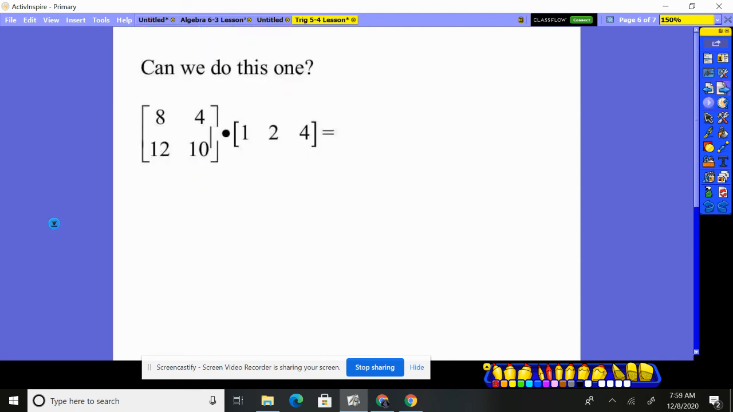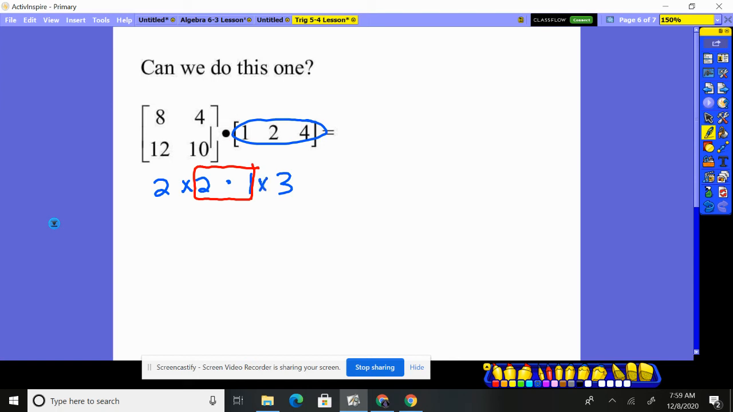Now, can we do this one? Well, if I try this one, notice what happens when I do first row times first column. What are you going to do? 8 times 1 plus 4 times, there's nothing there. That tells you that you can't multiply these. They will not multiply together. Now, here's an easy way to know. This first matrix is a 2 by 2 matrix, and we're multiplying it by what's this? This is one row by how many columns? 3 columns. These inner numbers right here, and I should have written a times there,